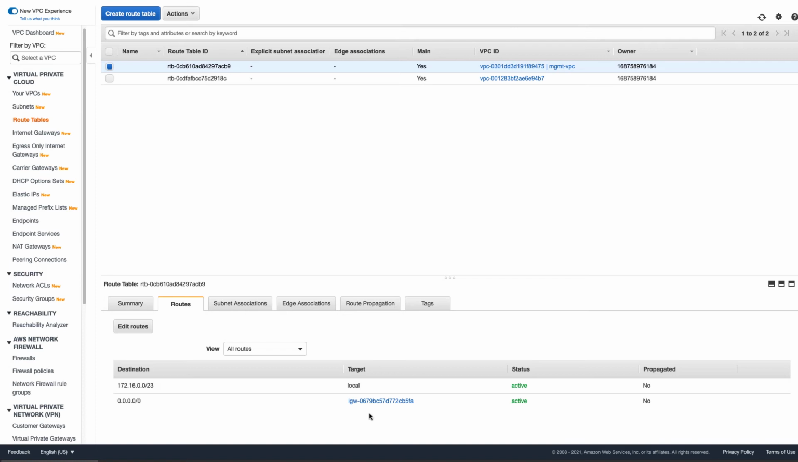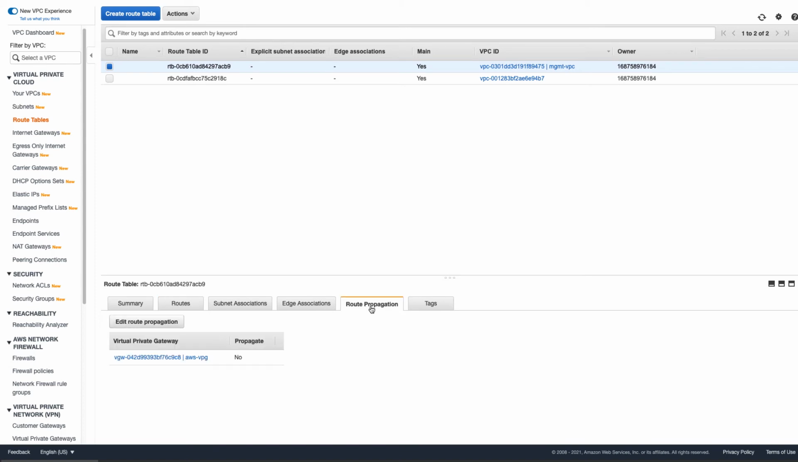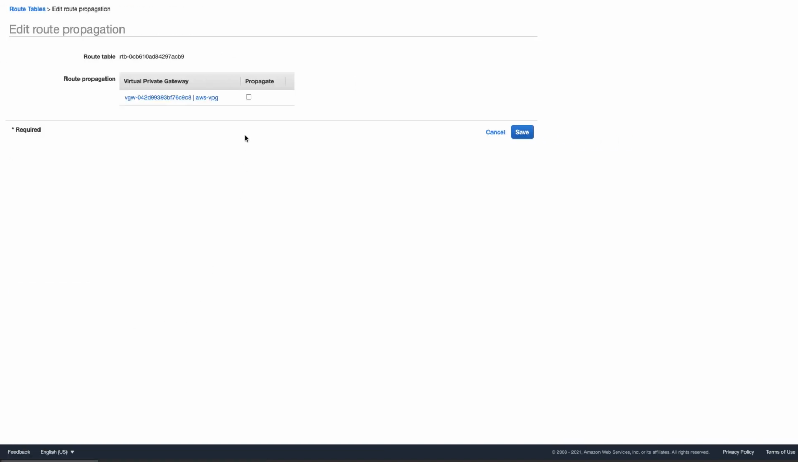In order for us to finish this process, we need to come under here, this route propagation tab. And then you can see here the virtual private gateway. Again, that virtual private gateway is what we just previously configured. You can see it listed here, and there is a no under propagate. So we need to change this to yes. And in order to do that, we need to click the edit route propagation and simply select the checkbox here